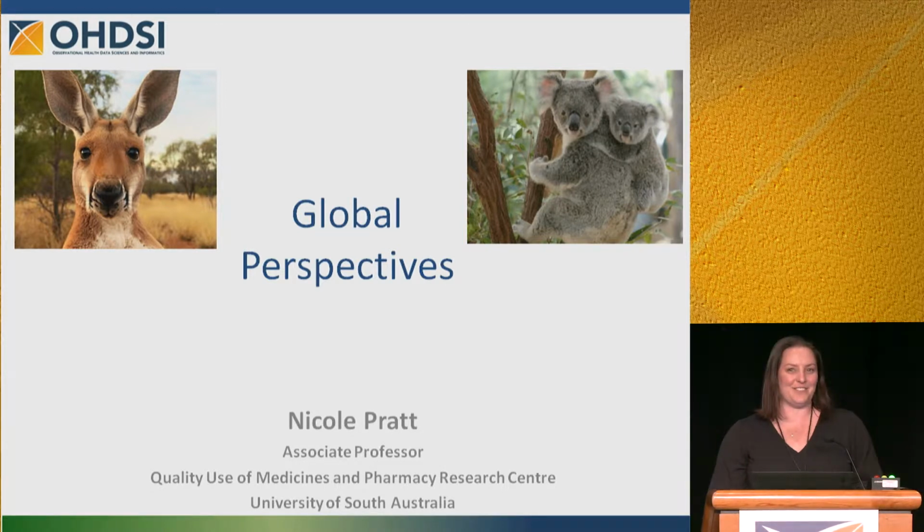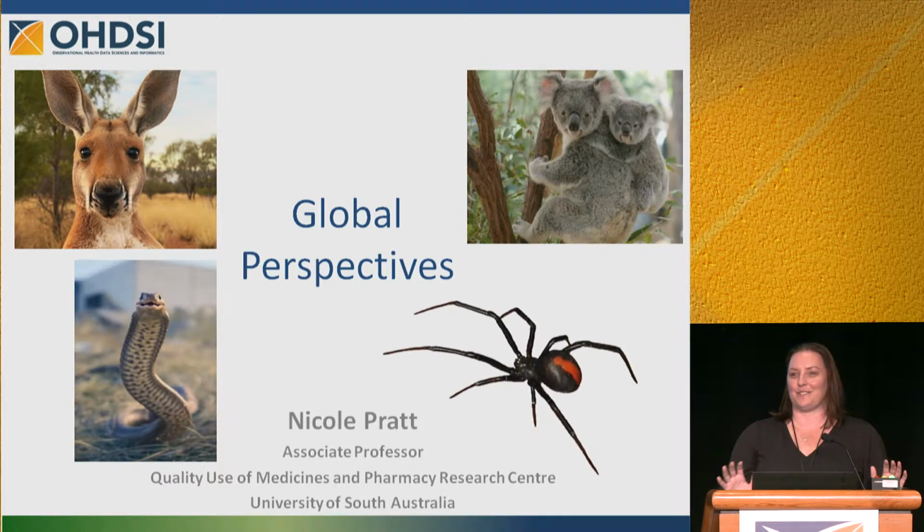So when you think of Australia, most people think about fuzzy, cute animals, and I guess that's the way our healthcare system is. We have quite a good healthcare system. The trouble is Australia is also known for its deadly animals, and in a way our healthcare system and the way we collect our data is also, I feel, sometimes quite dangerous and scary.